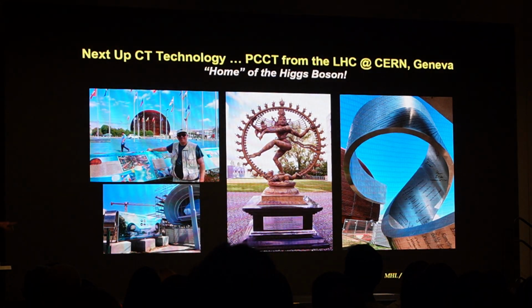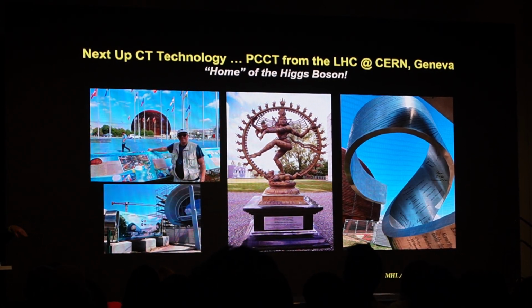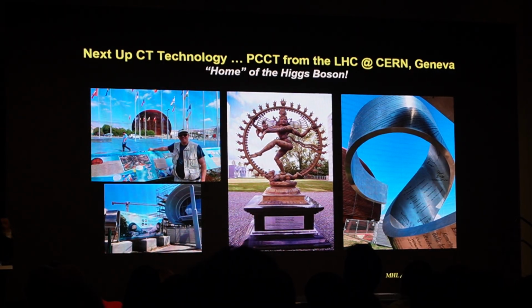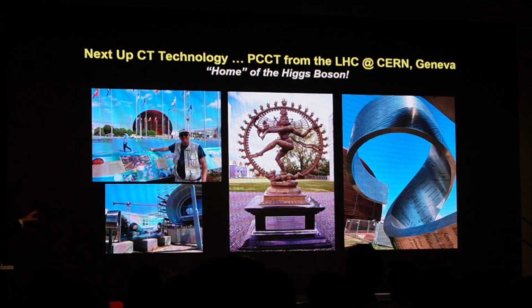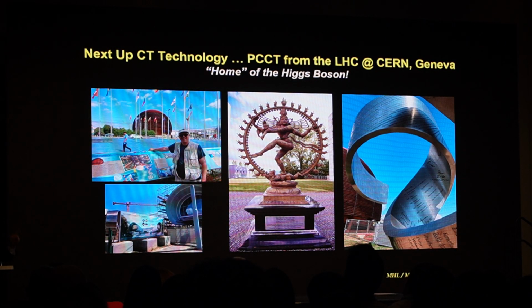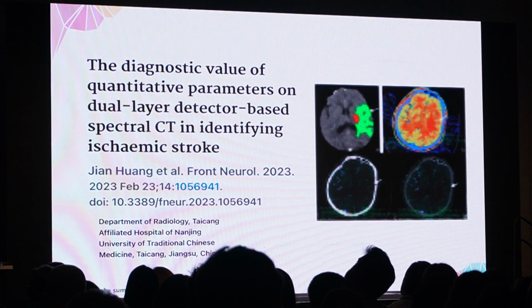They're now doing photon counting CT. The new detectors are being made at CERN, which is the same place they discovered the Higgs boson. And they're actually using the same detector electronics that is the Atlas detector that discovered the Higgs boson to make every single new photon counting CT scan for every single vendor. And that's why they had a photon counting CT meeting at CERN in Geneva on the French border. All right, so